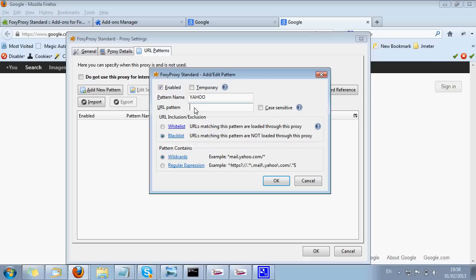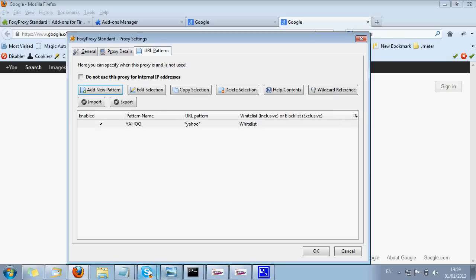Let's say I have written Yahoo. This is what we can call a wildcard notation. We have wildcard or regular expression, as well, that we can use. So I have made Yahoo a whitelist. So yahoo.com is going to be recorded with my proxy server with the port number 9191. No other URL is going to be recorded by this port 9191. Okay, so done.